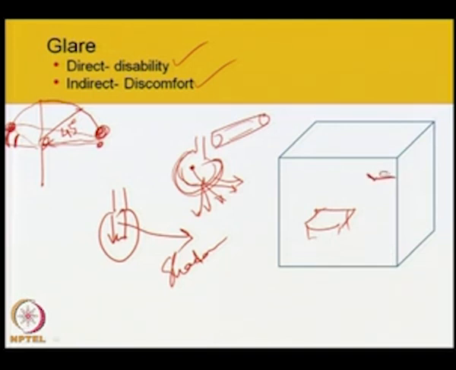Here, if we have a light source, then no light comes directly to the inside, but the light goes to the ceiling, and from there it reflects. So, the intensity reduces